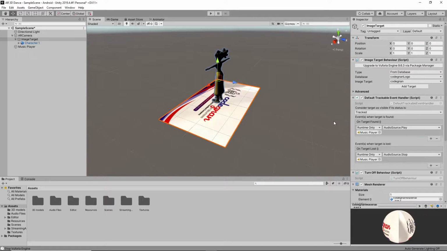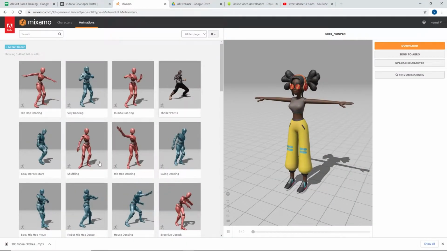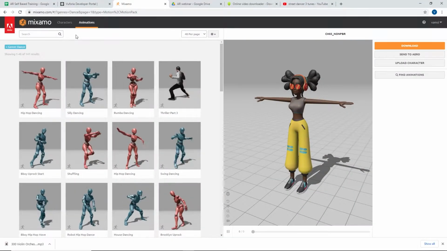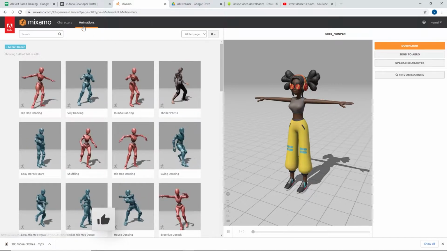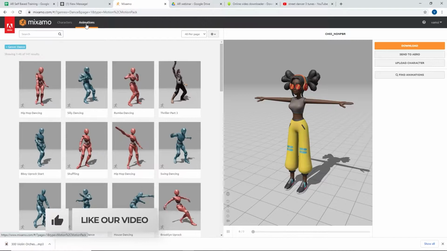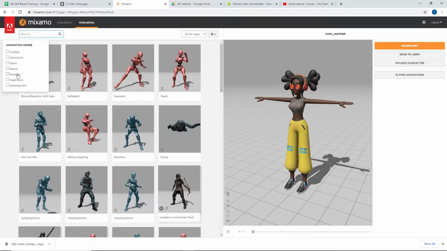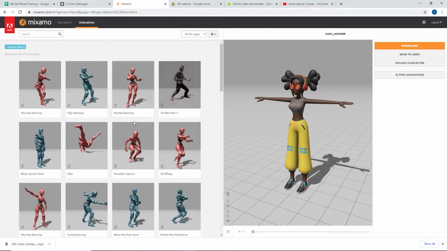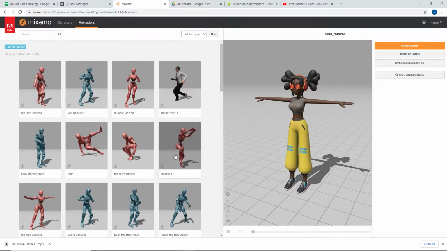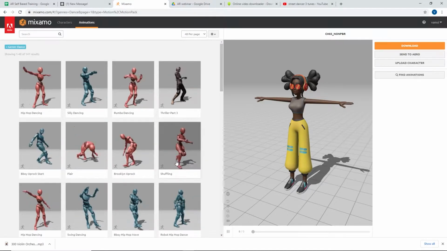To add some animations, I can get back to Google Chrome. In that, I can go to the character Mixamo. Again, go to Mixamo. In that, you can find animations. So select animations, and in the animations, you search for dance. Just enable dance. It will show the animation dance steps. So in this, we can download some of our required dance steps.